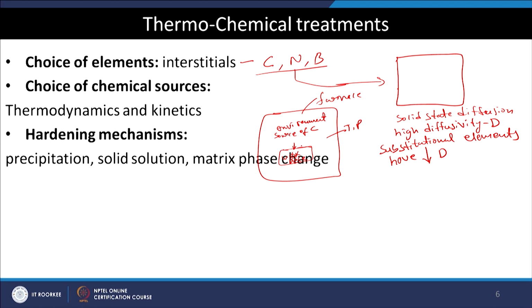And now, for example, if our objective is to enhance the mechanical property of the surface, that means we want to harden the surface. We know that there are different hardening mechanisms. If we want to make a material harder, there are different ways to do that. One is so called precipitation hardening.